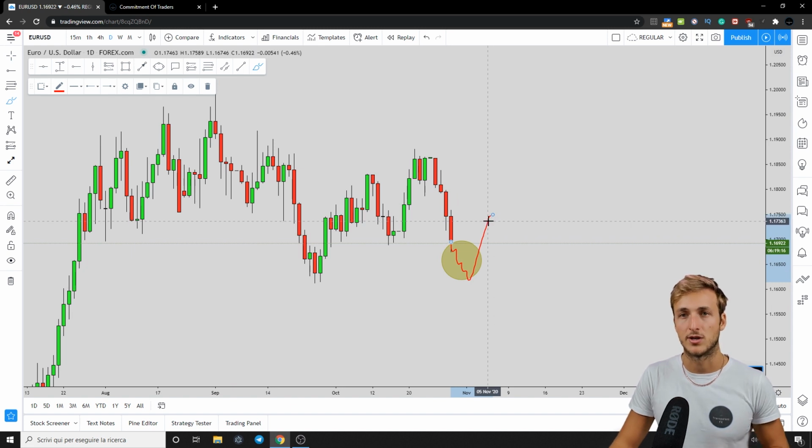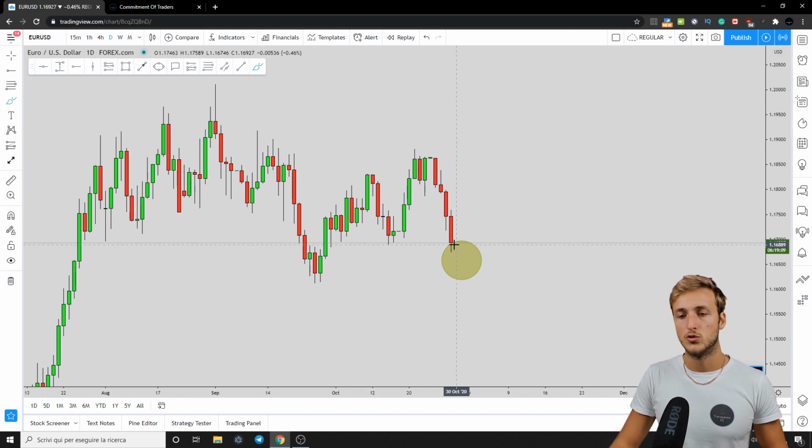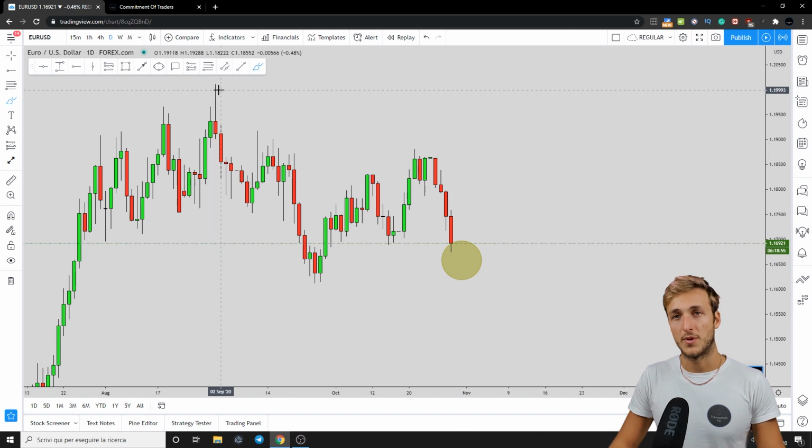So the way in which we will be approaching the market, as usual, is being reactive and not predictive. During the move to the downside with students, we will be monitoring price action from a 4-hour perspective, and we will be waiting for the market to shift from a bearish market as it is right now to a bullish market. And as soon as the market will shift from a bearish to a bullish market, at that point we will add